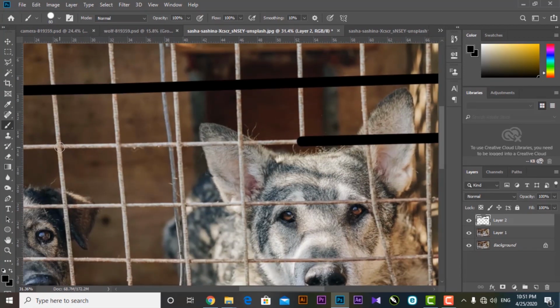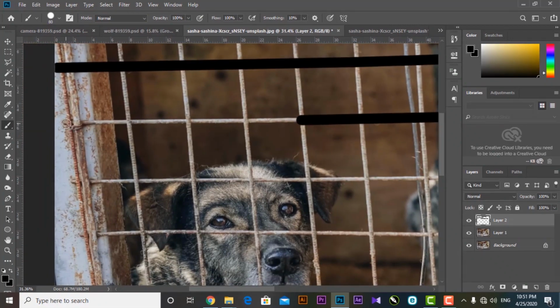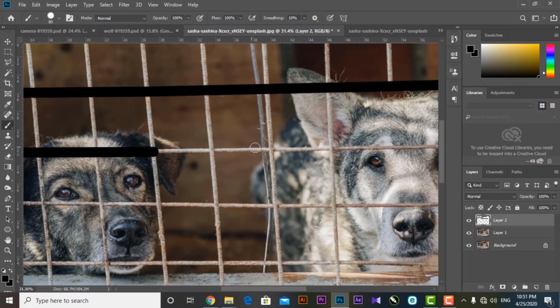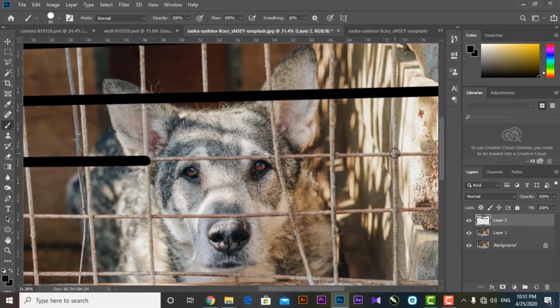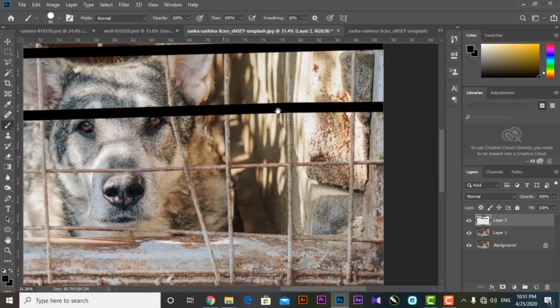You can do it by pressing shift, or hold shift and click here and click here. It's a little usable, and click here and hold shift, click here, and again hold shift and click here, and hold shift and